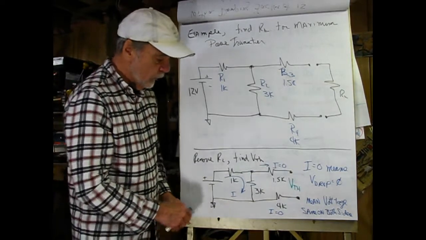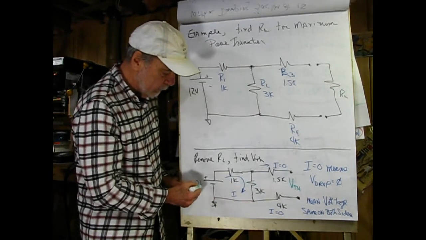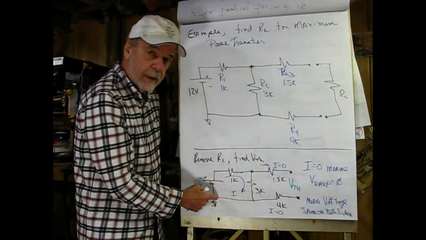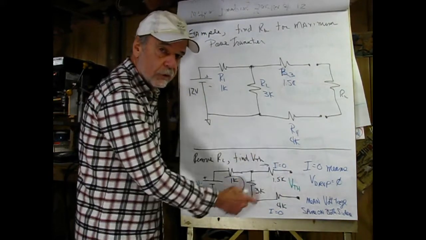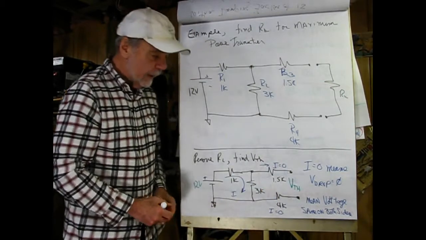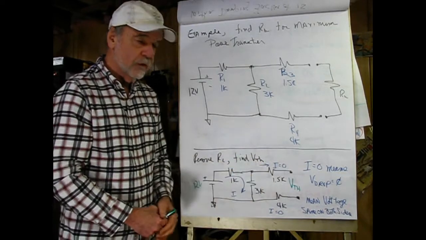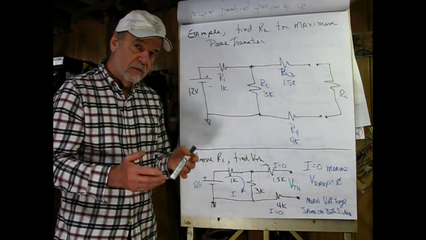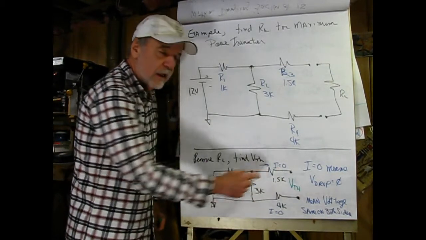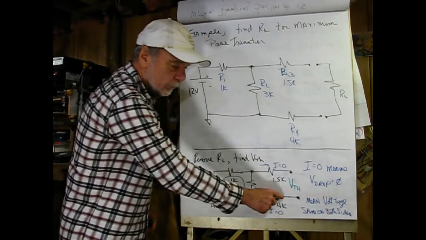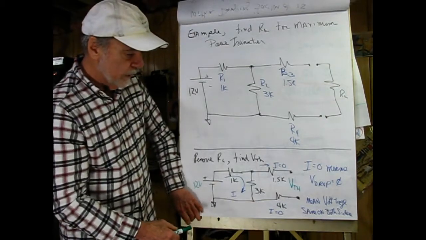So we unplug that, and now we have to take a look at the current flows. Well, what we can see so far is we have a current flow here, and this is 12 volts. Let me write that down. Certainly through this path. Well, that's kind of obvious. But since we have nothing connected here, the current flow through these two resistors is 0. What that means is the voltage drop across the resistors is equal to 0. Anytime you have a voltage drop equal to 0, it means that the voltage on each side of the resistor is the same. There's no drop in the resistor. There's no current flowing through it. So we can now simplify the circuit